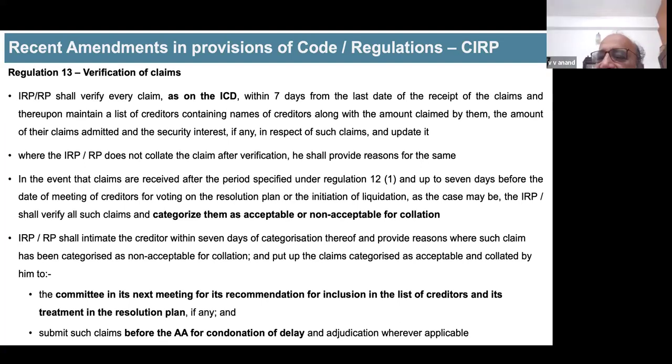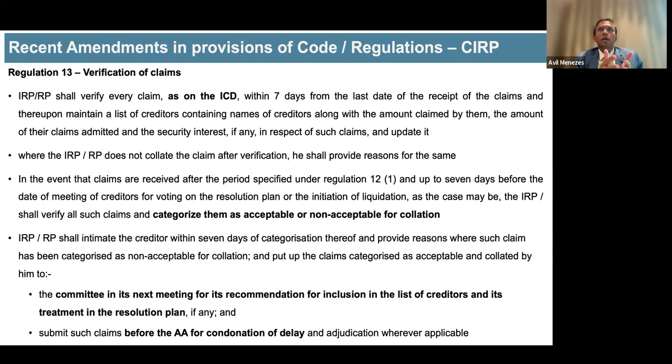Achha, if it is within time, then there's no question of reporting. So there may be a case that someone gave you only the form on the 89th day without the documents, and the documents came after 90 days. So that's an acceptable thing. You can verify it and you can close the chapter.